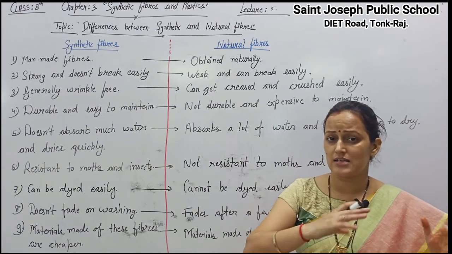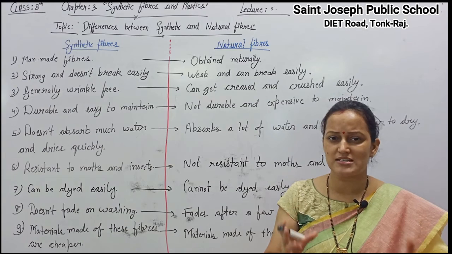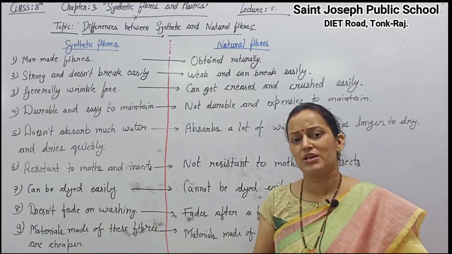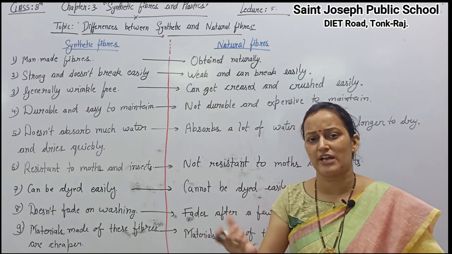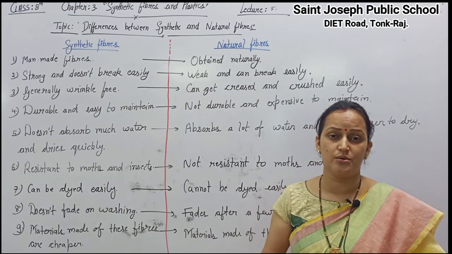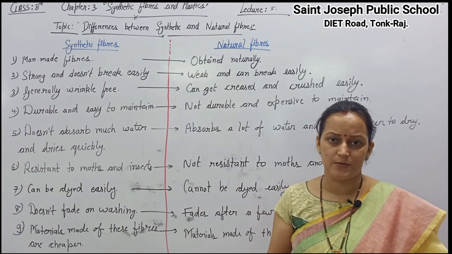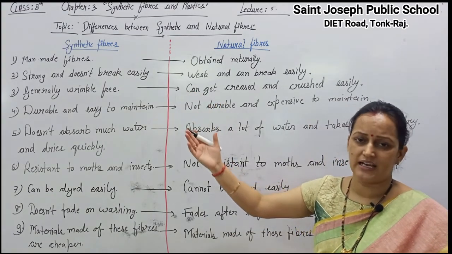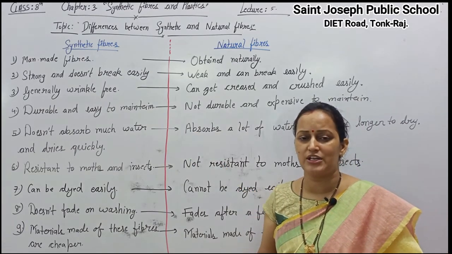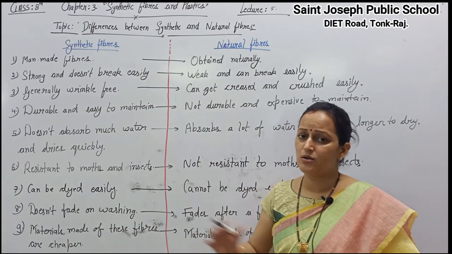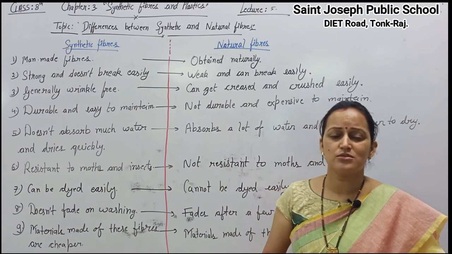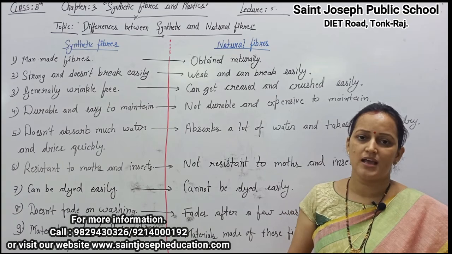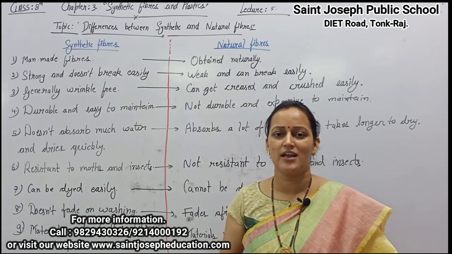But silk, artificial silk, what is called as artificial silk? Rayon is called as the artificial silk because it looks like silk. इसका जो texture होता है, इसकी जो shine होती है, that is equivalent to the silk. But rayon is a synthetic fiber, so that is not so expensive. वो expensive नहीं होता, cheap है and looks like the fabric of the silk. So these are the differences between the synthetic and natural fibers, and now we can say that we have winded